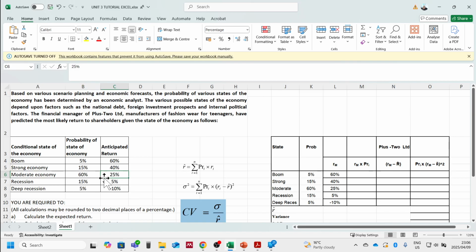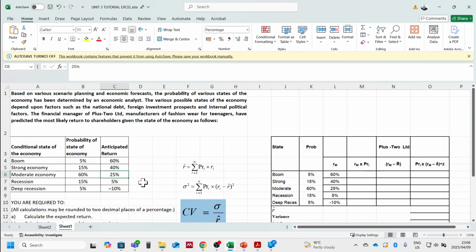So what this actually means is that when the state of the economy is moderate, on the historic returns that have been looked into by our financial analyst, they have identified that through geometric and arithmetic mean, the average return for this company based on historic return is 25%. So this means that there is a likelihood that we can earn 25% when the state of the economy is moderate. And then under recession,